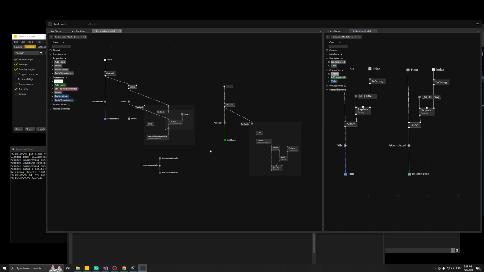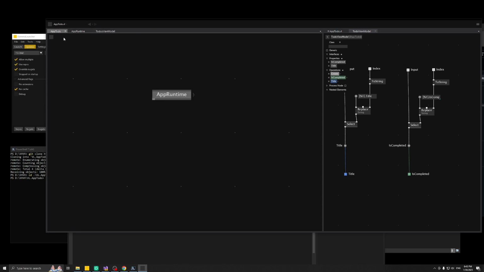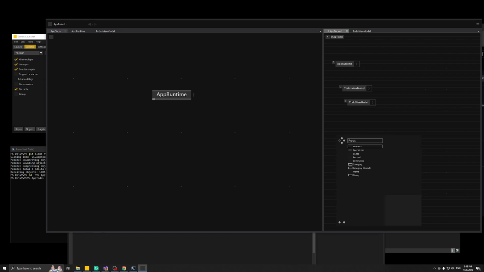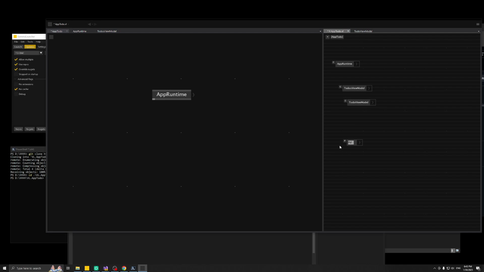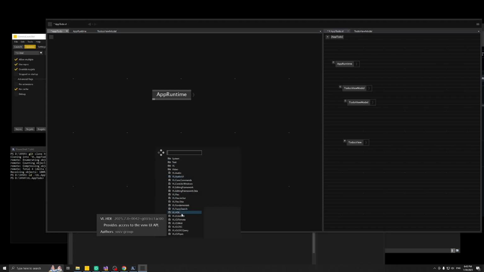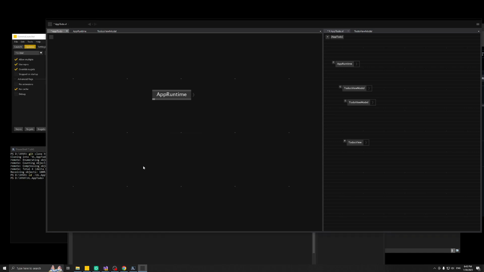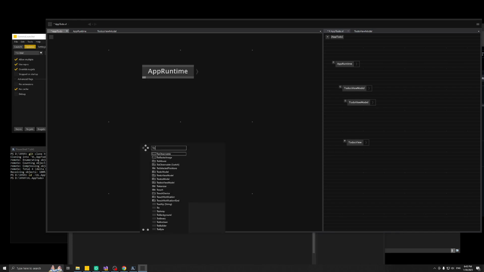So with that all set, we probably can start digging the runtime, like we want to display something. So for that, we're going to create a new process. We're going to call it todos view. We're going to use Skia and ImGui, so we're going to install Skia, we're going to install ImGui Skia. So todos view